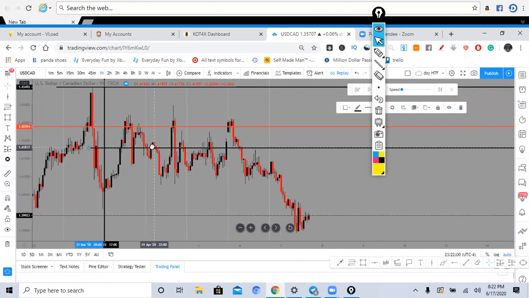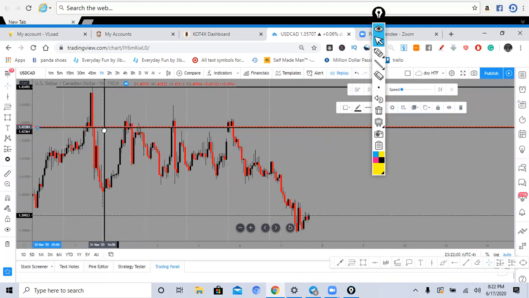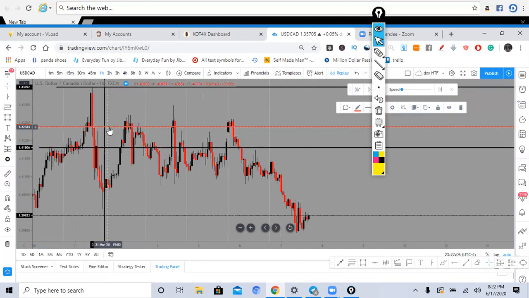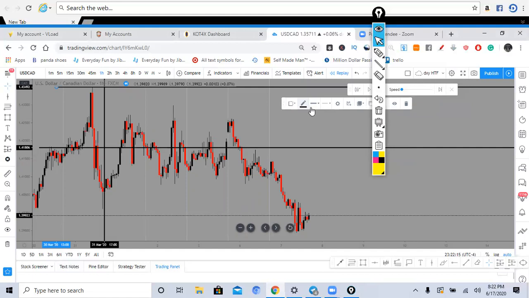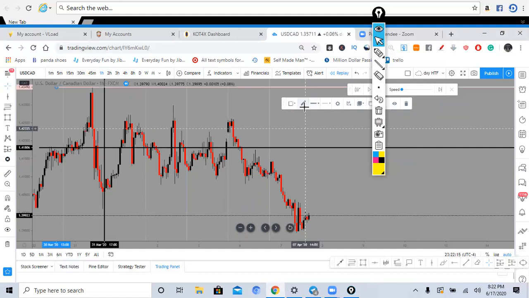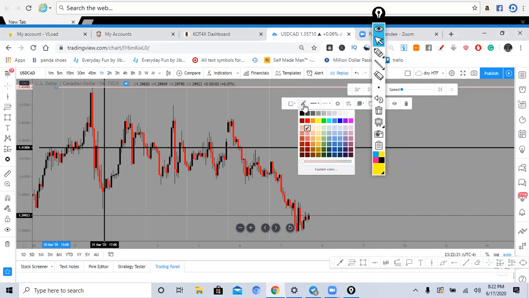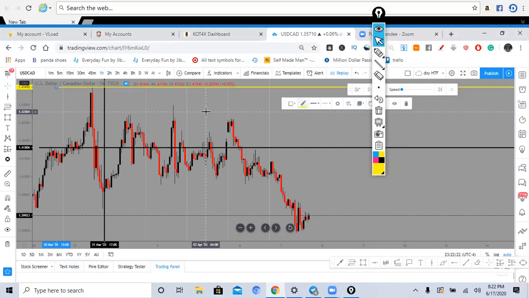you can use it as a premium. Like you could have been looking at, well, I want to get rid of this. So I want to mark these levels off. I don't know why I did that color. Okay, so look, you could have been looking at this ultimate high, which would have had buy stops above it,